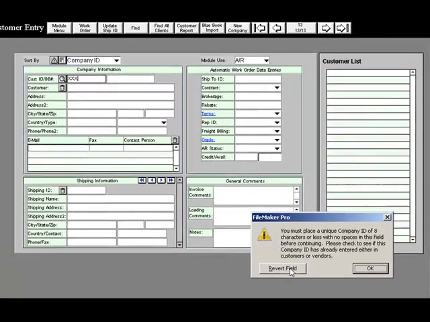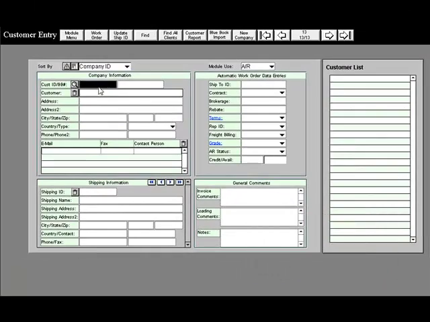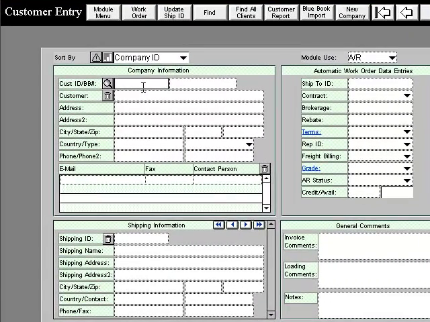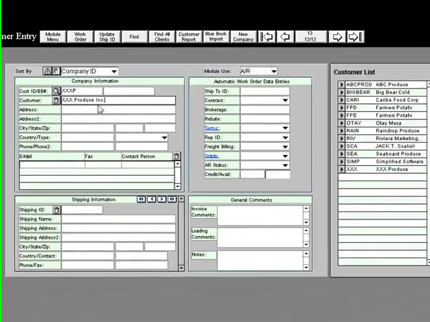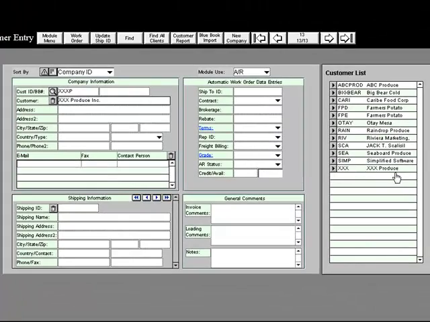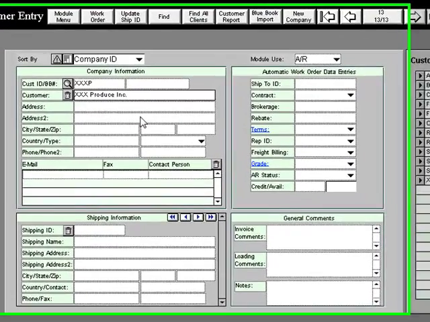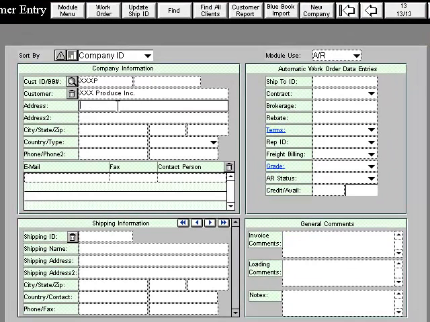So what you can do is hit revert field, come back up to the top, and type in your company ID. So we'll go XXXP for XXX produce, and there you go. So we now have XXX produce incorporated. As you can see over here, we already have an XXX produce, and that's why we got the error message before. We'll put in an address,